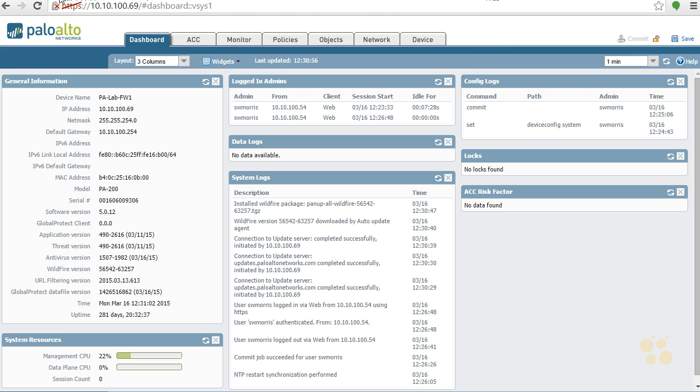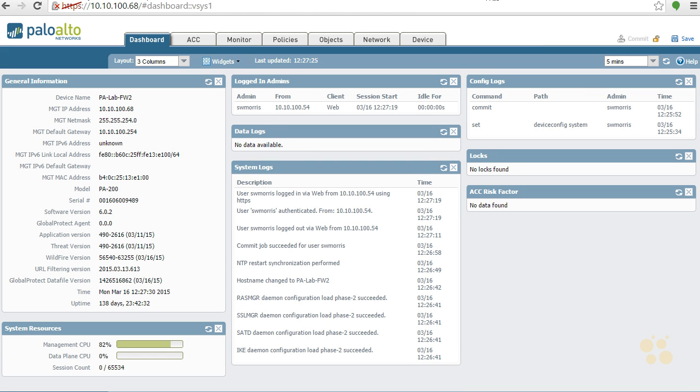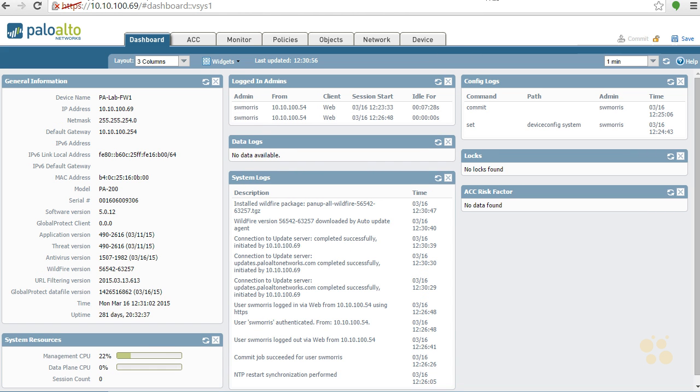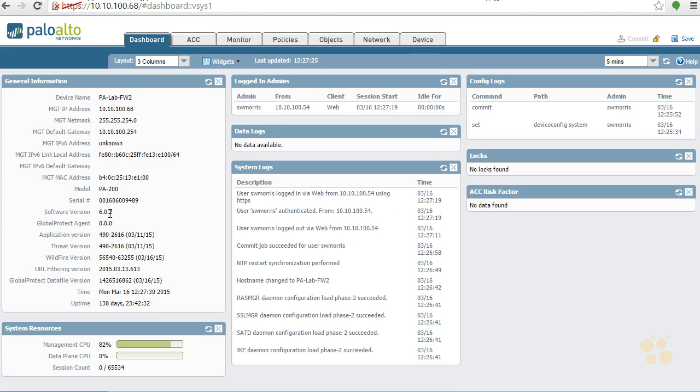So one of the catchy things is I've got two firewalls right here, Lab 1 and Lab 2, or Firewall 1, Firewall 2, but they're running completely different versions of software. That makes it difficult to do a highly available cluster where everything should be the same. One of them is on a really old version, 5.0.12. And my other one has been upgraded to 6.0.2. Still not the latest and greatest for that particular train, but it tells me that things have been stable, I've been working with it, and I'm comfortable with it.